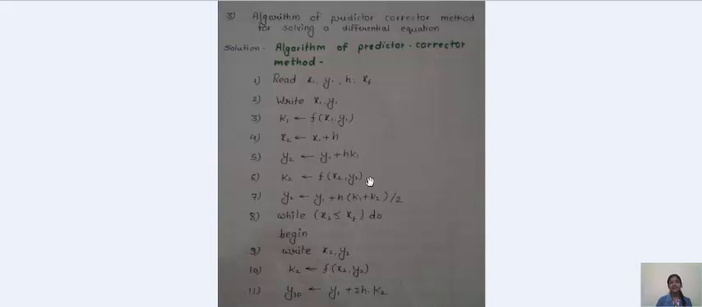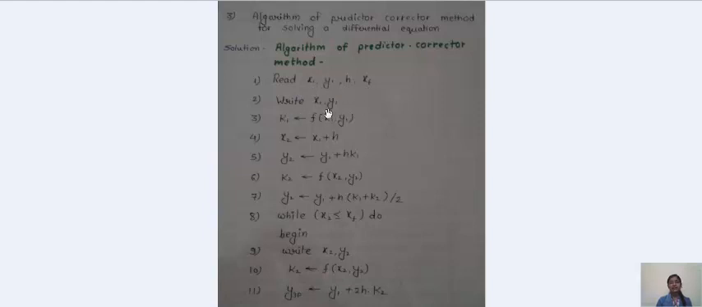In here I am going to give you the algorithm of the predictor-corrector method for solving a differential equation. A predictor-corrector method uses previous points to evolve a solution. So the algorithm of the predictor-corrector method is: first we read the values of x1, y1, h and xf, and next